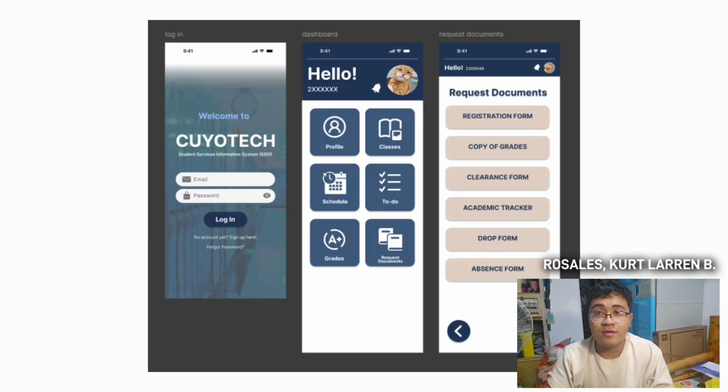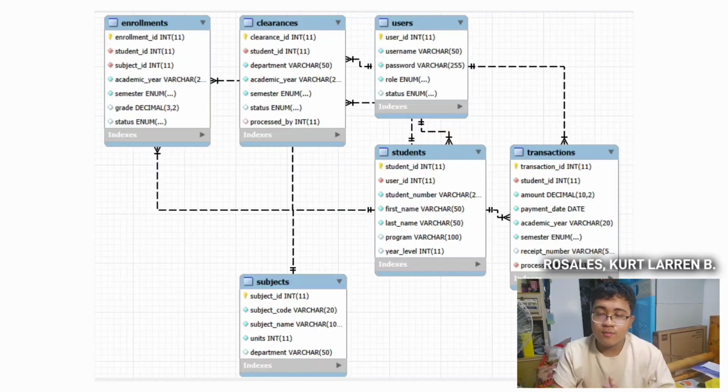Moving forward with the database design, the database design is based on the ERD, based on the data flow diagram that we have shown earlier. This contains the ERD and of course the tables themselves. The ERD contains 6 tables, namely the enrollments, clearances, users, students, transactions, and the subjects.